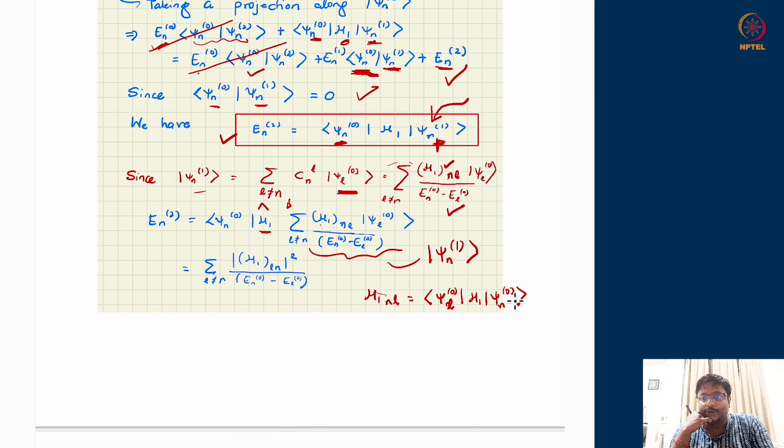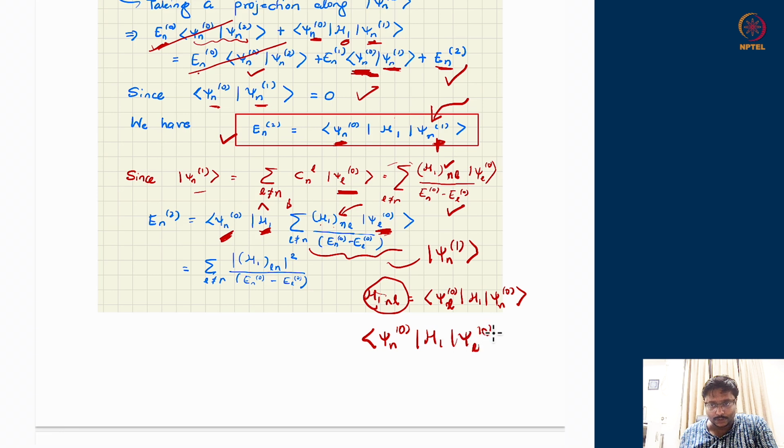So this is already a complex number. So this number will not do anything, it will just remain like that. So ultimately this h1 operator will get squeezed between psi n0 and psi l0. So there was h1nl already present in the expression, and from this operator, left hand side vector and right hand side vector, I will get another term which is psi n0 h1 psi l0, which is nothing but h1 ln.